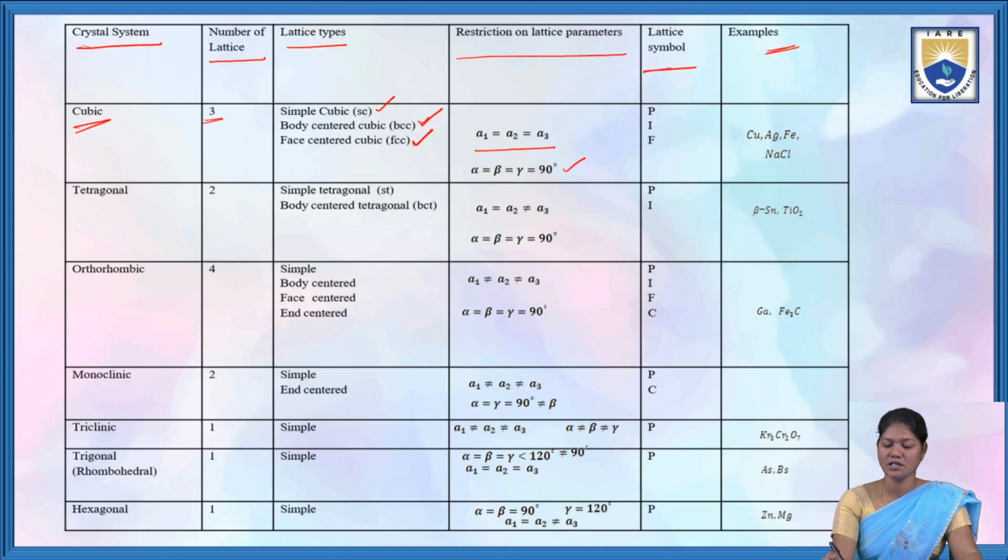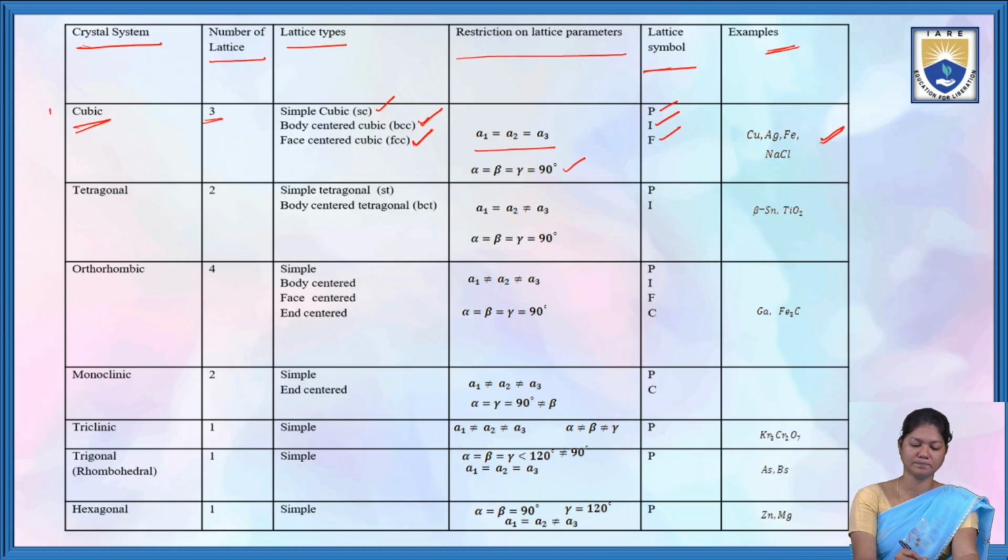So it shows lattice, that is primitive lattice, and this one is body centered and face centered lattice. For example, we can take copper, silver, iron, and sodium chloride as examples for this type of space lattice. And the second one is